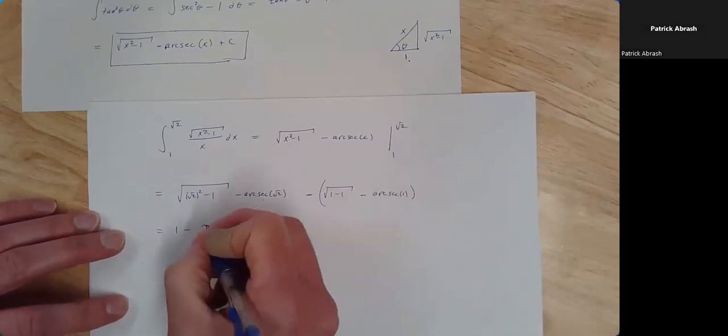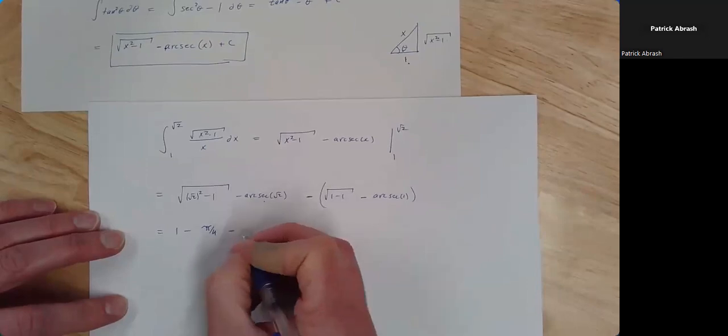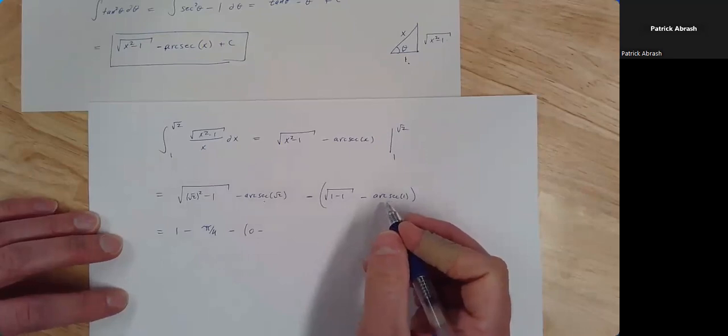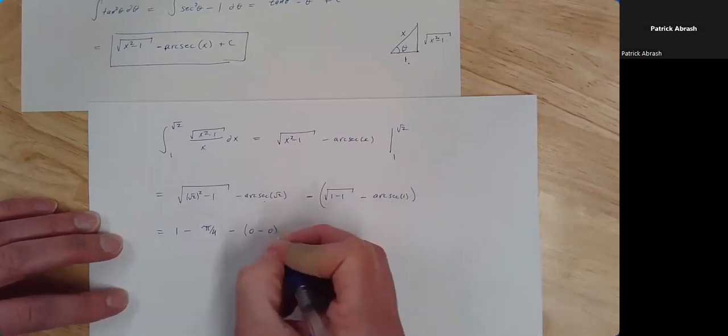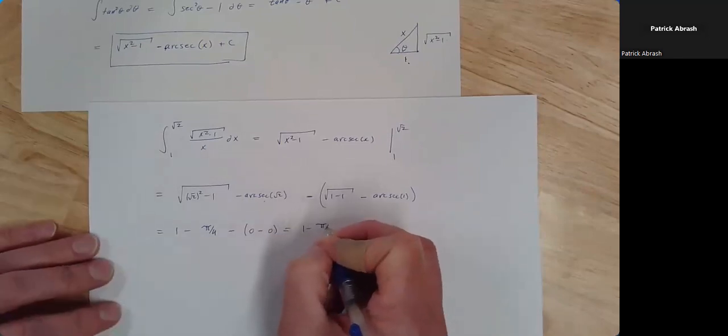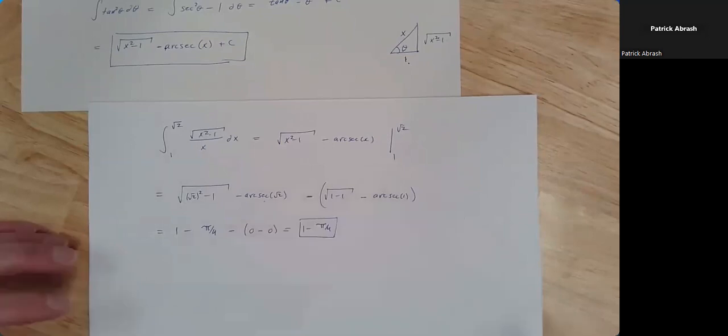5/4 indeed. And then minus 0 minus the arcsecant of 1 is 0. Right, the angle whose secant is equal to 1. So you get 1 minus pi/4. Now the reason I mentioned this is because if you hadn't already done the antiderivative, you might not do it